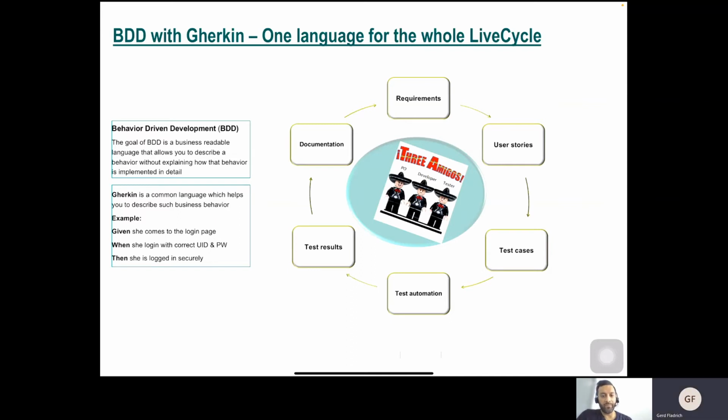Correct. Yeah, that's the main point. If you do it in the right way, you can use the requirement description in Gherkin, also the user story description and the test case in the same wording. Also, you can reuse whatever you have written down. So if the product owner has written this Gherkin in a good way, me as a test manager or as a tester, I can use this description as a test case. This sounds a little bit strange in the beginning, where you say, how should this work? But it's working. If there's any interest, I can dive into that in another session. But that's something that is really working.